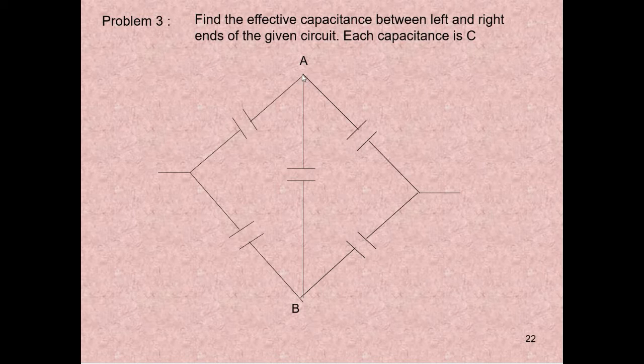So there will be some potential at A, there will be some potential at B. There is no reason why the potential at A, you have to see the wordings carefully, there is no reason that the potential at A is different from the potential at B, because the symmetry is there. Potential at A should be equal to potential at B, because this is C, this is C, this is C, this is C, this is C. So potential at A should be the same as potential at B.